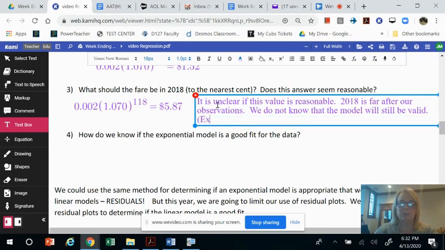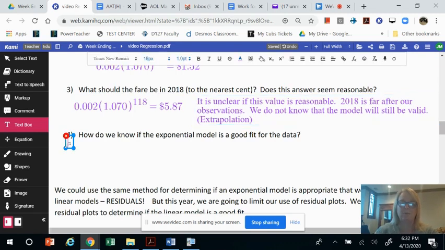Trying to make predictions that are so far away from the data values that you observed is a process called extrapolation. I'll say it again, extrapolation. And it's not a good idea to extrapolate to find the data values. The final question here asks us if we know if the exponential model is a good fit for the data. I'm going to base it on